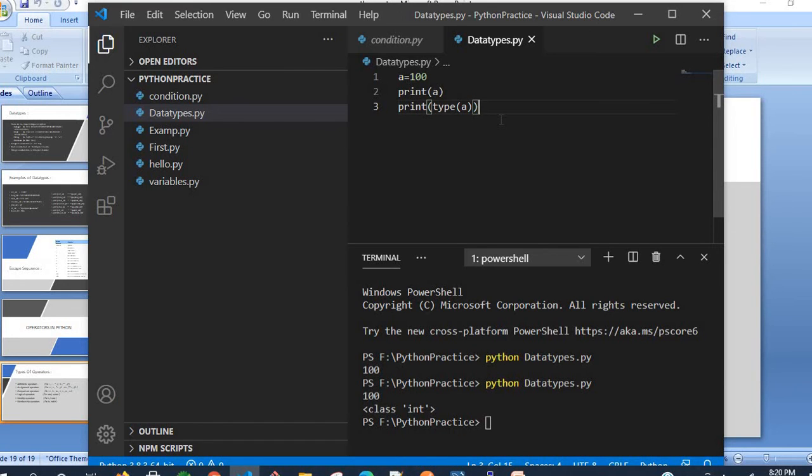Now what I want to do, I want to use some other variable. For that what I am going to do, B is equals to some 1000.0. Here I want to print the value of B here.